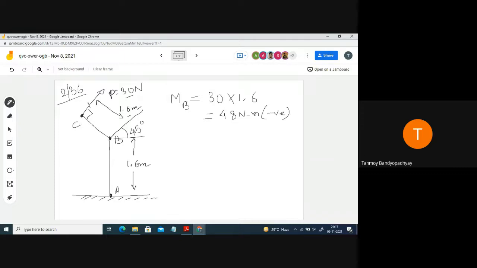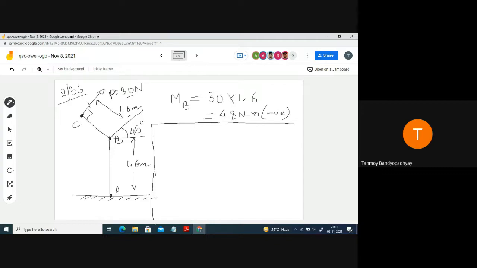And similarly, using the scalar form itself, you can calculate the MA also. Okay? Directly you can calculate the value of MA. So this I am just doing using the vector method. Why is the vector method important? Because when we move to the 3D problem, in this case you might not understand why doing it using the vector method is needed at all. But had it been a 3D problem, you could have understood that a vector method would be more convenient for you.